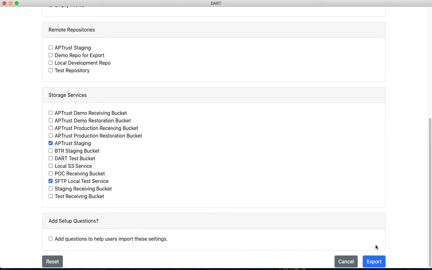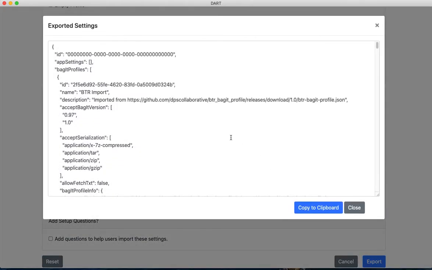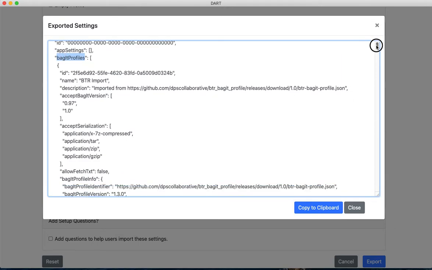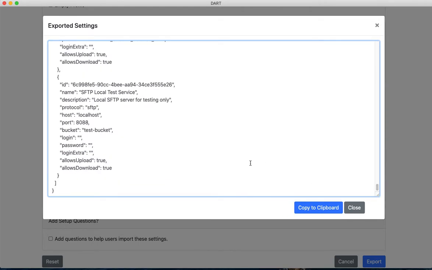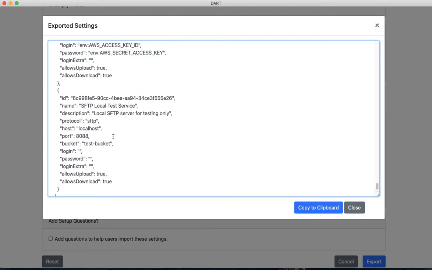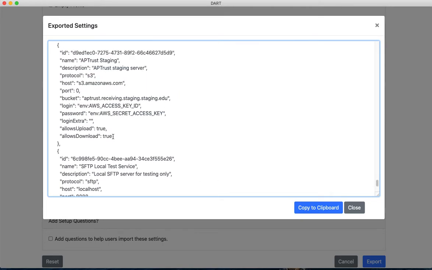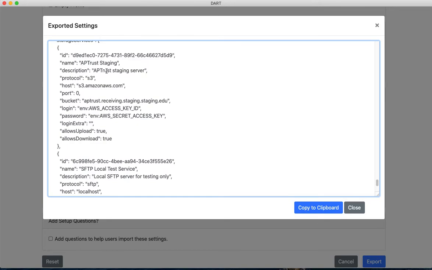When we export these, actually, take a quick look at the JSON that comes out of this. Our BagIt profile will be in here, and that's a really big piece of data. And our storage services are down here, the APTrust staging server and the local SFTP server.